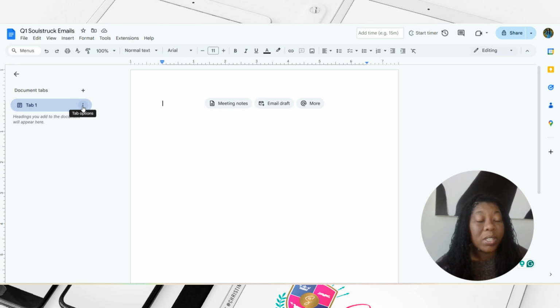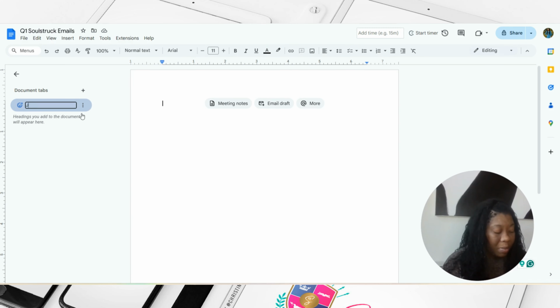And so in order to do that, we're going to leverage tabs so that we can create a compartment for each month in Q1. So for example, when you open Google Docs, it automatically has this one tab there. So what I'm going to do is click the little dots over here, click rename, and name this